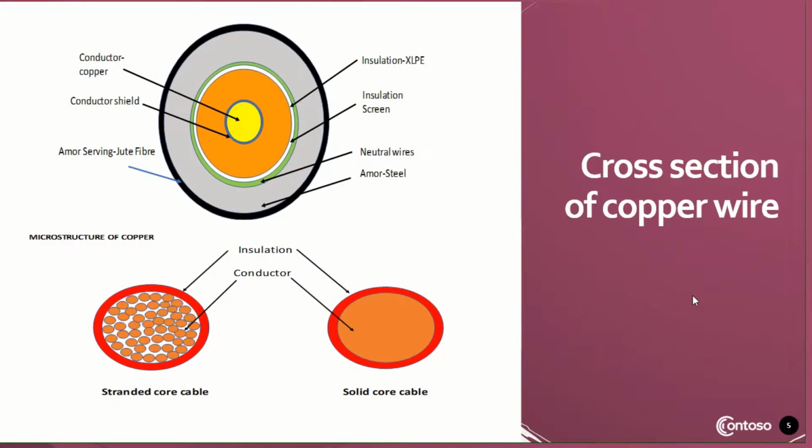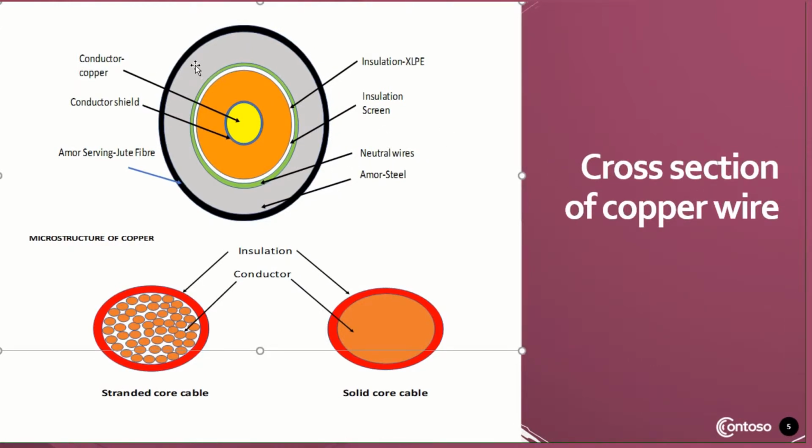Now I'm going to explain about the cross-section of copper wire. In this diagram, the copper wire consists of 7 different layers which are composed of different compositions. The outer layer is almost serving root fiber. The next layer is almost steel. The third layer is neutral wires, while the fourth layer is insulation screen. The purpose of insulation screen is to reduce voltage stress at the interface between the conducting and insulating component. The next layer is insulation XLPE, and the next layer is conductor shield, and the last layer is the conductor,